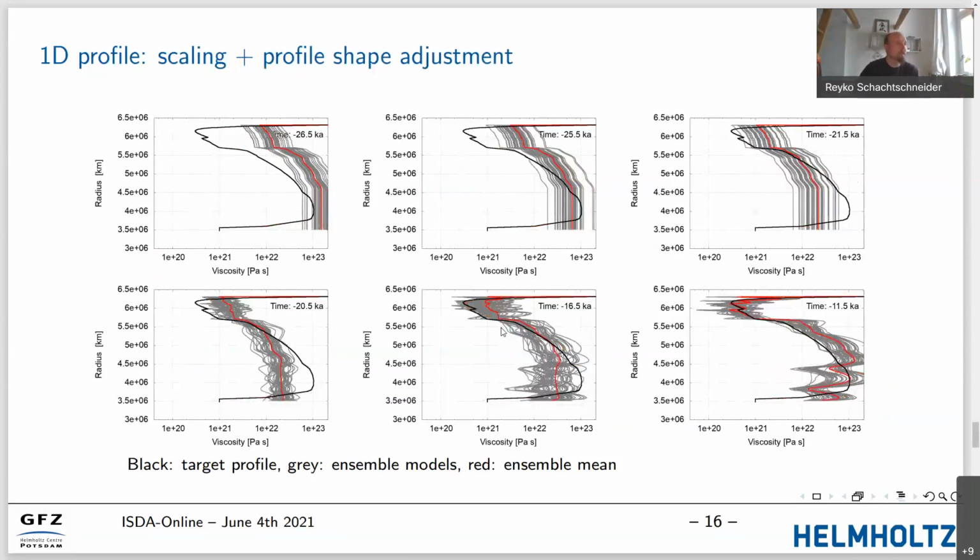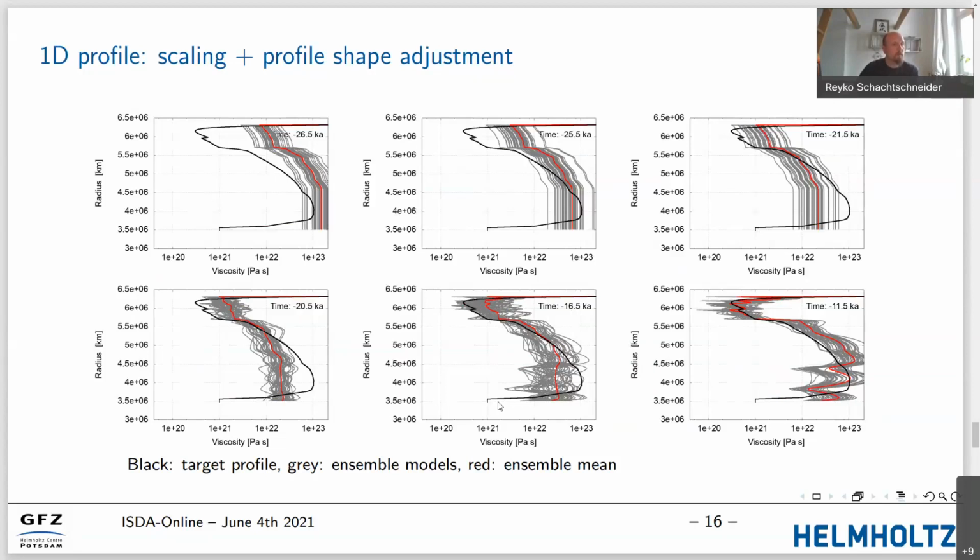If we combine these two approaches, we have the following picture here. I started with a profile that has a totally different shape than the target profile and has an offset. And in the first part of the assimilation, it's only shifted until there's no further improvement in the RMS error due to shifting. Then the spline parameterization and adjustment of the spline knots sets on, and you can see that from this shape, the profile can converge to